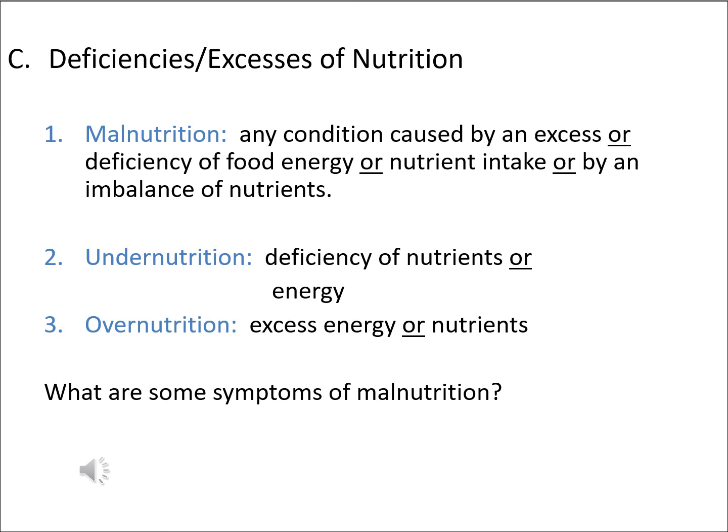Another definition is overnutrition. What does that mean? It means taking in excess amounts of calories or energy, or also individual nutrients. What can happen if someone takes in too many calories? They're going to experience overnutrition in the way that they can become overweight or obese. That in turn can make them more vulnerable to diseases that are associated with overnutrition, such as heart disease or diabetes.